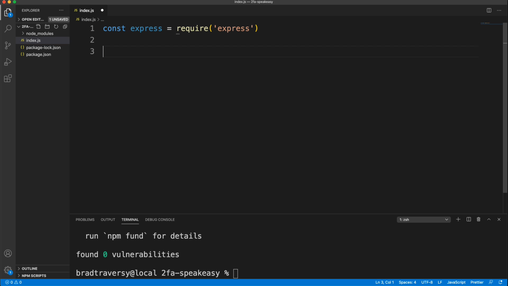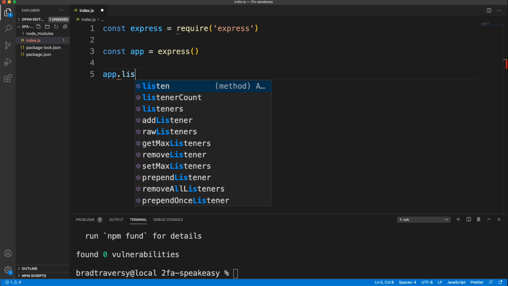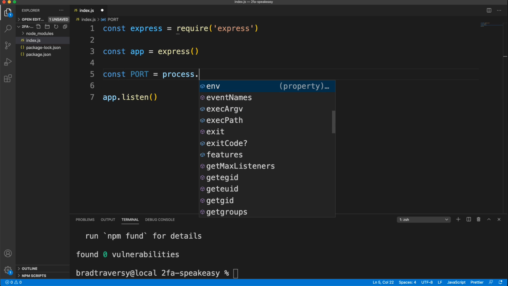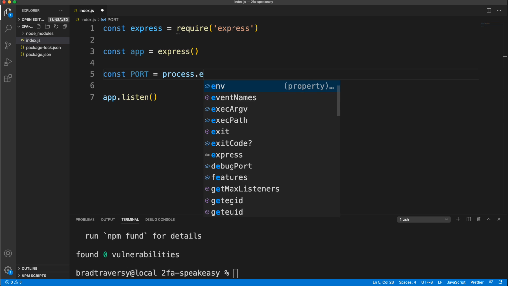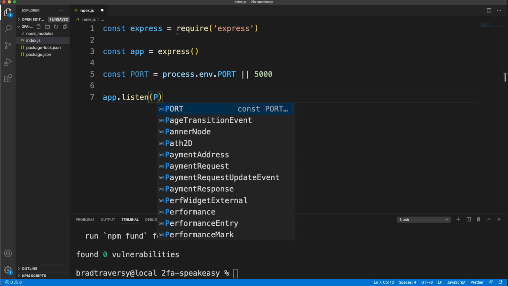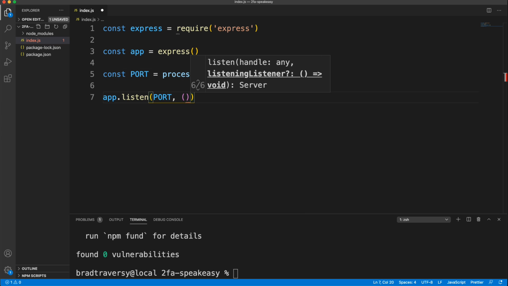And then let's initialize Express. And then we want to listen on a specific port, which I'm going to actually create a variable here called port. And we want to first check our environment variables, so process.env.port. If that doesn't exist, then we'll use 5000, and then let's pass that in here, along with a function